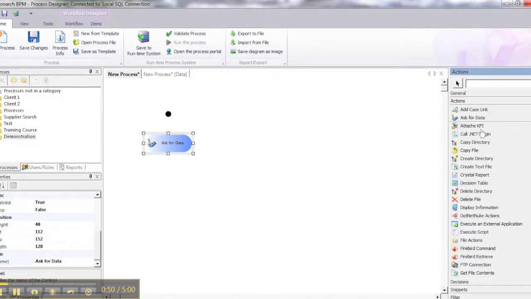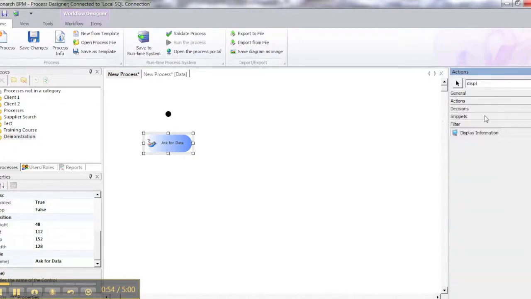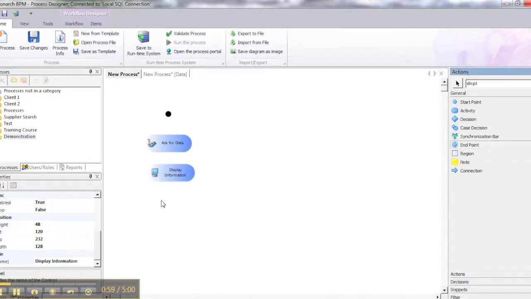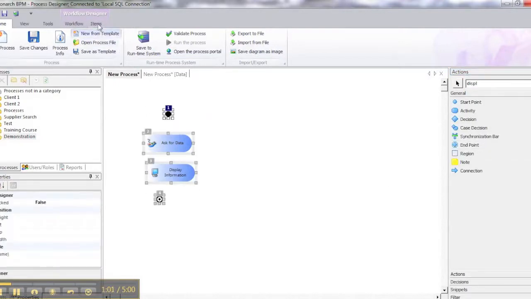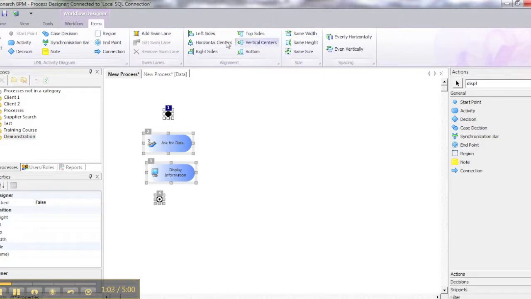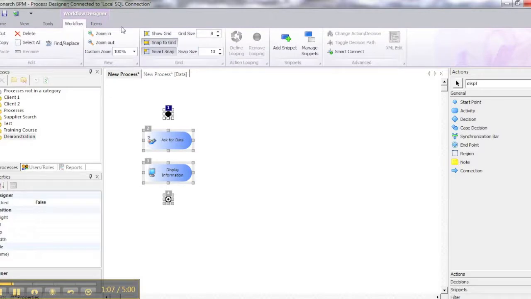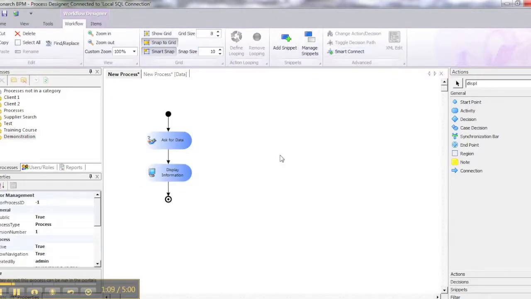So you see all the actions here. We'll display some information, add an endpoint. I'll just line these things up, make them look nice and pretty, space them, and I might use the Smart Connect as well. So in the ask for data, I'll just use the